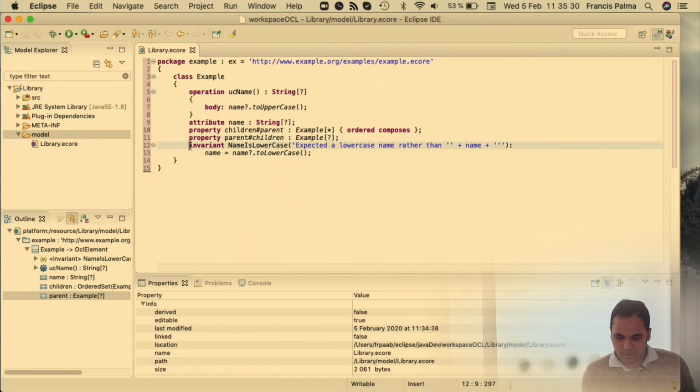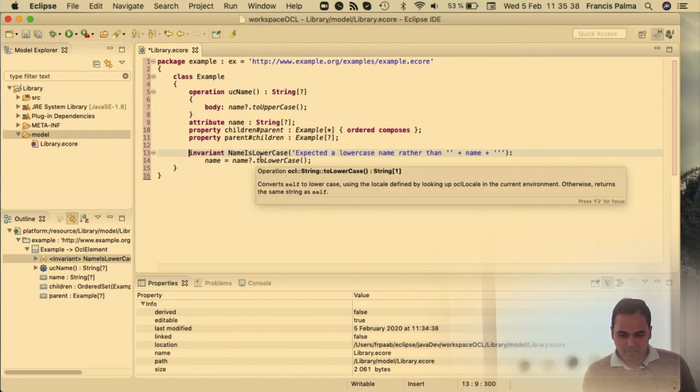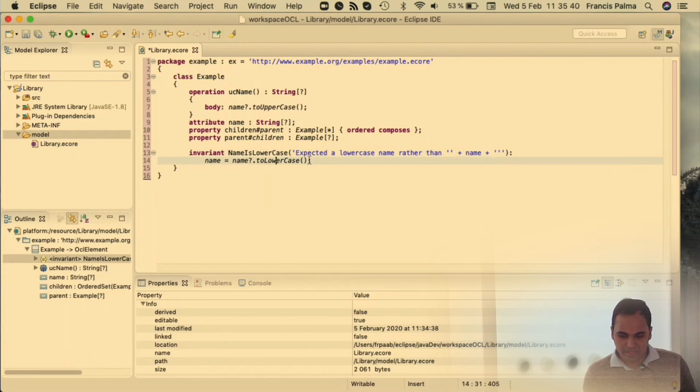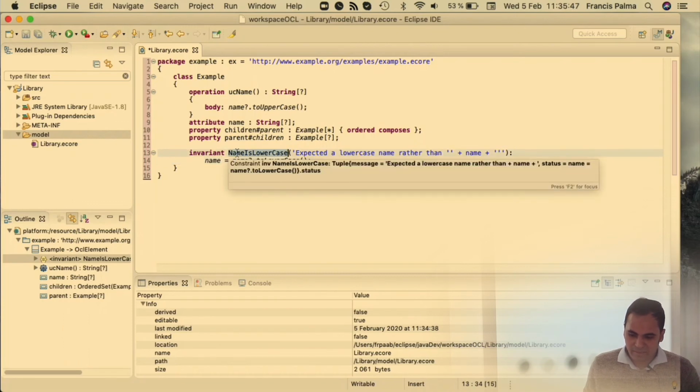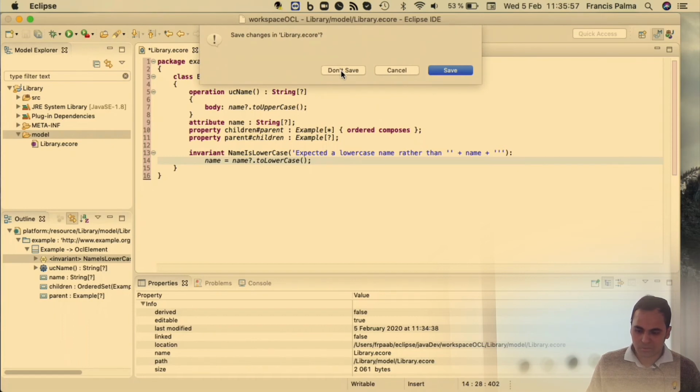And this is the interesting part. These invariants are the OCL invariants that will be checked or validated against our model. This is the name of the invariant. The name should be in lowercase, and see how this is doing the checking. But we are not interested in this. What we will do, we simply close the